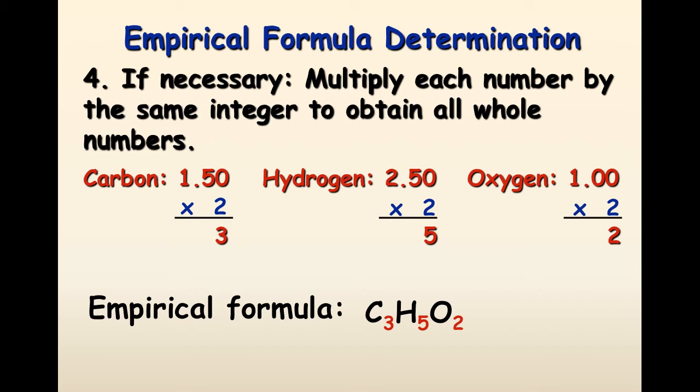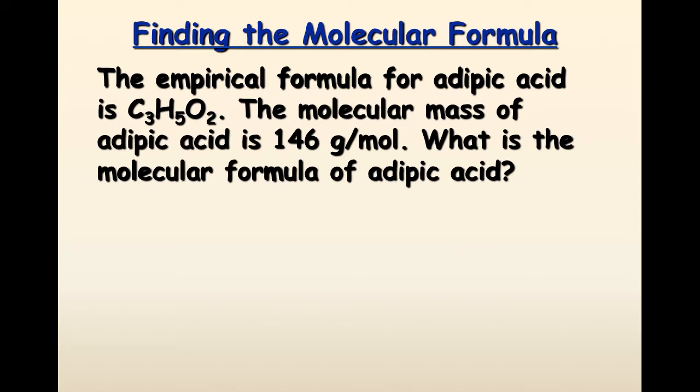C3H5O2. Pretty straightforward. Percent to mass, mass to mole, divide by small, multiply till whole. Again, if you do not have to multiply till whole, you are done at step 3. And the numbers you get at the end of step 3 are the coefficients of your empirical formula. Well, let's go one step further and solve for the molar mass of adipic acid and figure out the